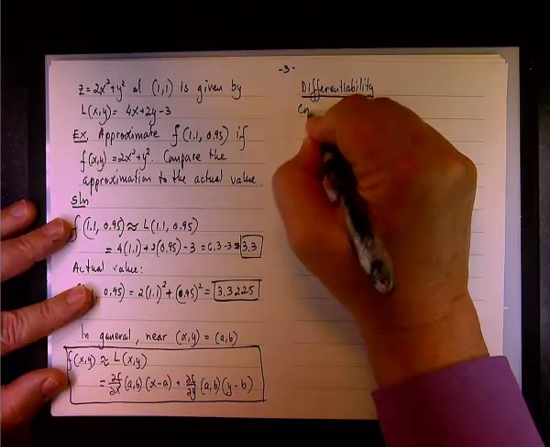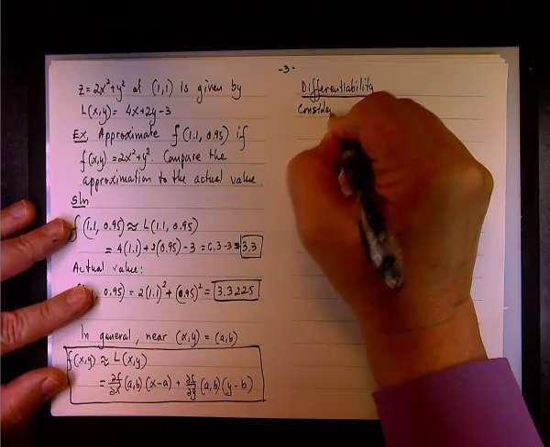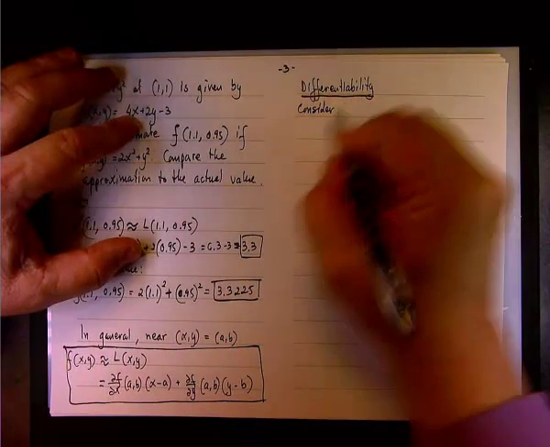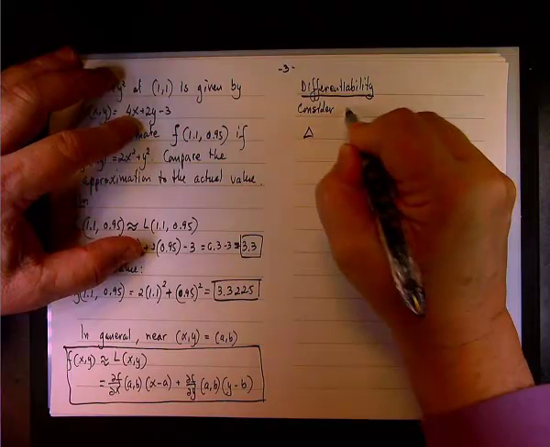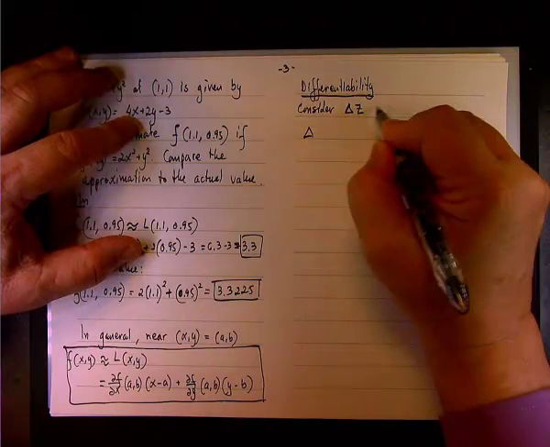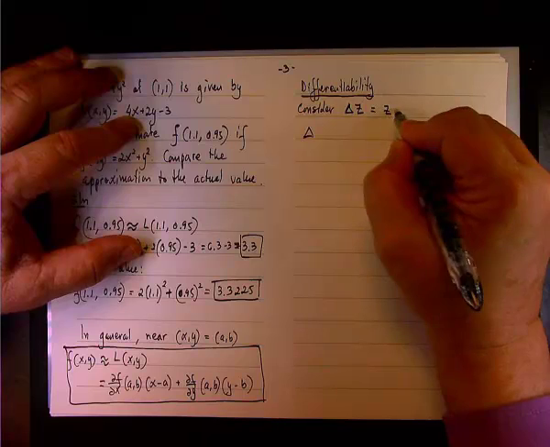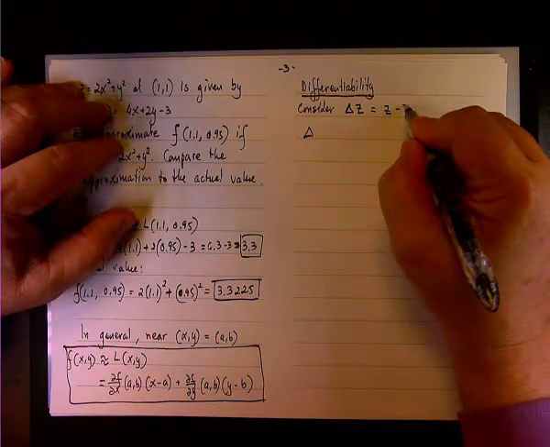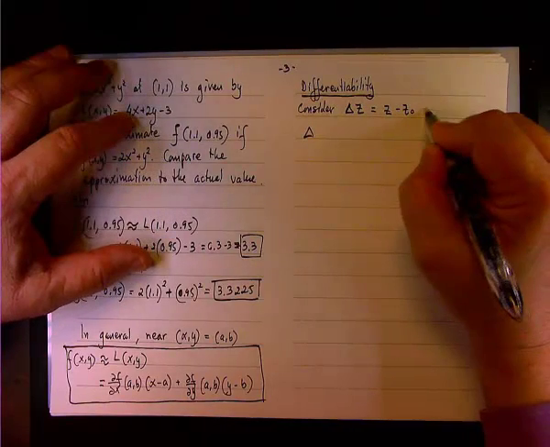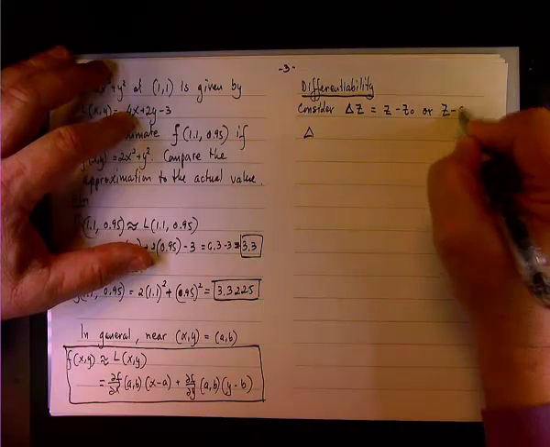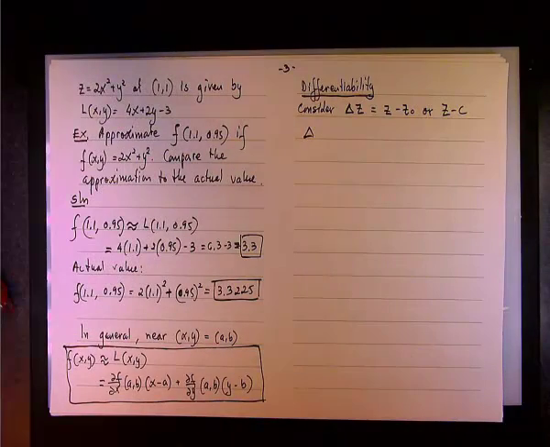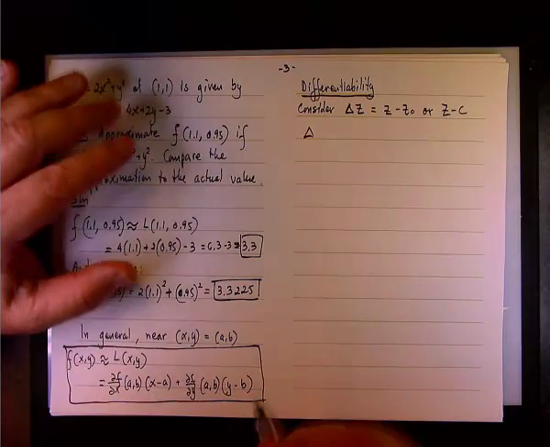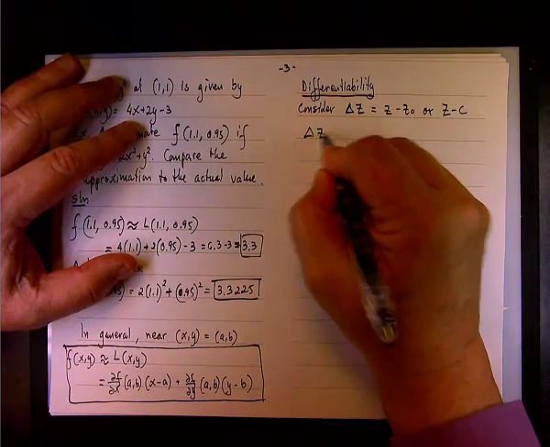Okay, we consider something like this. Let's consider delta z. Delta z will be, of course, the difference between z minus z sub 0, or z minus c, if we are looking at the point A, B, C. Delta z